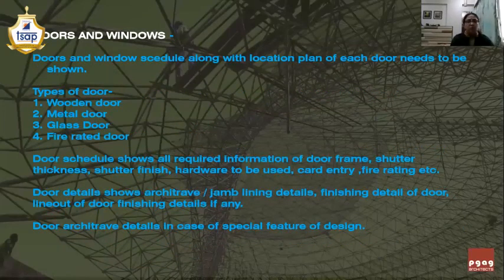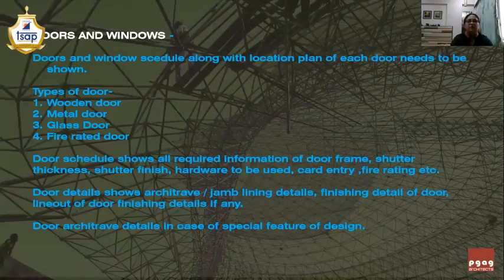Sometimes the metal doors are also fire rated, the wooden doors are also fire rated. You need to write the thickness of the door here. You need to give the door schedule. I will explain what all things are included in the door schedule and the door drawing, and then I will be showing you the door detailed drawings as well.